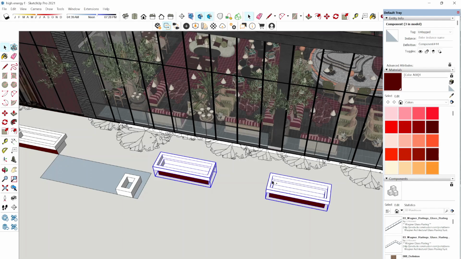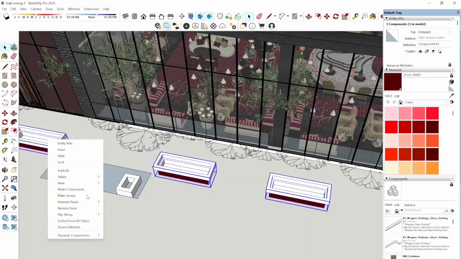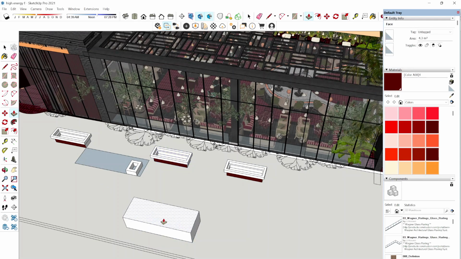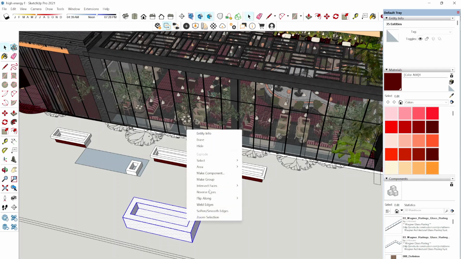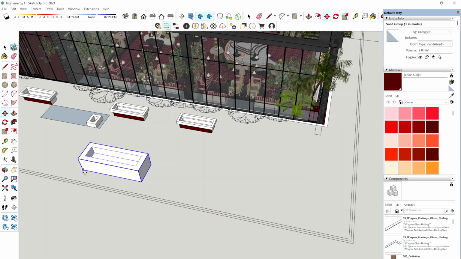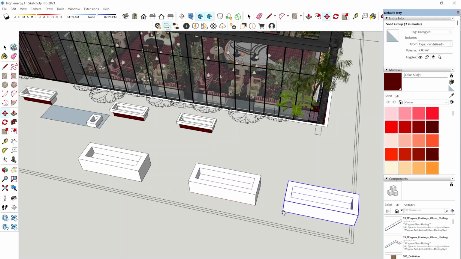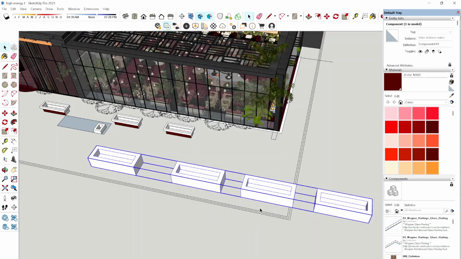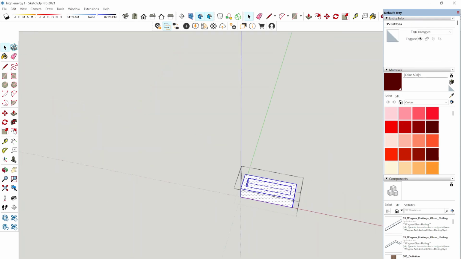If you do not create these planters as components first, for example, I have a geometry, I have this new planter now, and I do not make it a component, but I make it a group and then copy paste it 4 times and then make it a component, this is of no use because still I have to detail every group individually.